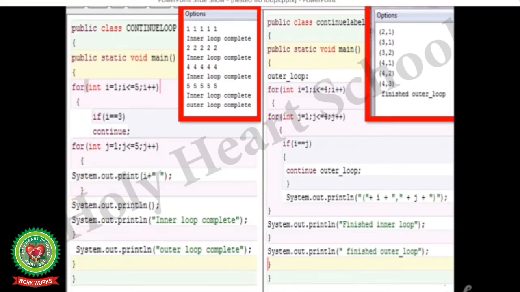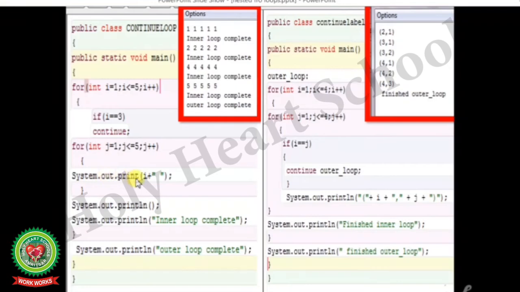So here the value of i is equal to 1. So it will move to the inner loop, that is int j is equal to 1, j less than or equal to 5, j plus plus. System.out.print the value of i will be printed, that is 1. Again the value of j will be updated, that is j is equal to 2, 2 less than or equal to 5, condition is true.